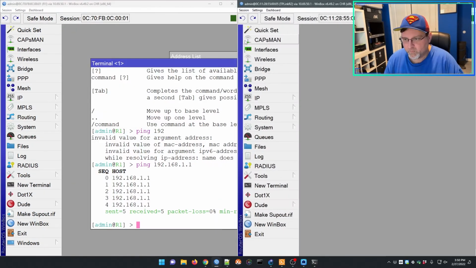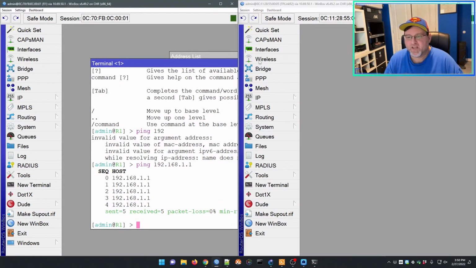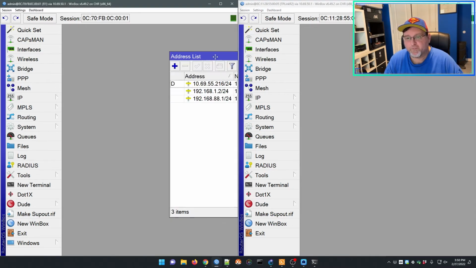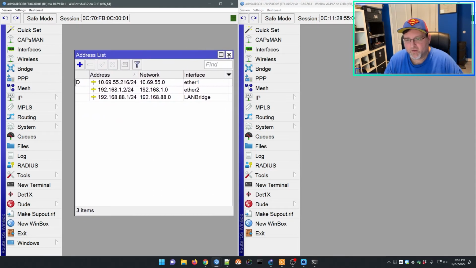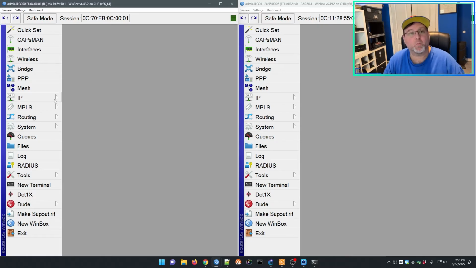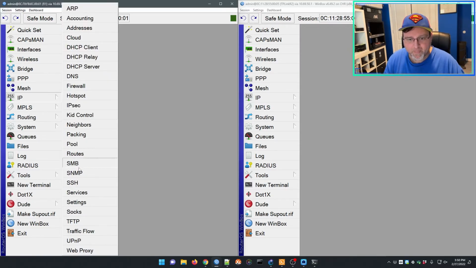Now we need to make a static route on each side. I'm going to show the Mikrotik side first and then describe the same thing on the other side. However, it will be different. TP-Link has different screens, but it will have similar namings that you should be able to use to translate into this. So we're going to go to IP routes